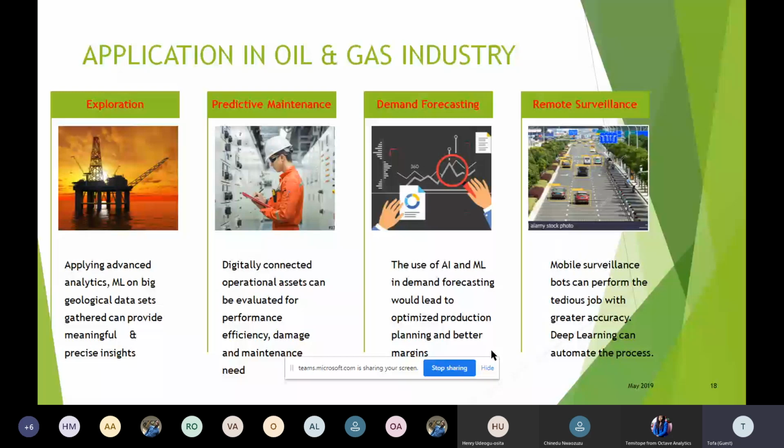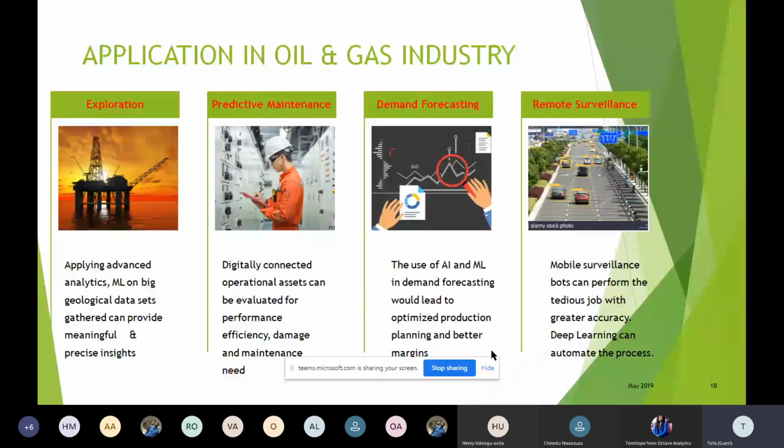A lot of engineering, heavy equipment engineering happens in the oil and gas industry. So one of the things, and this technology is already deployed, of course, is predictive maintenance, where sensors are placed in production facilities, and then signals are captured, machine learning algorithms process the data and actually either alert people as to the need for maintenance or provide other management insights. So that is an application potential.